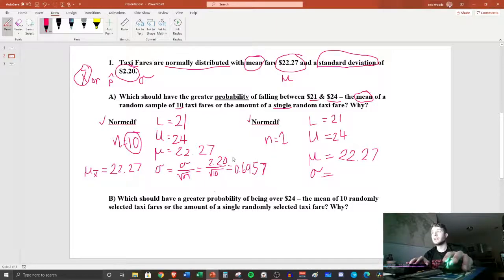Okay, so that's our standard deviation. So we have what we need for our calculations. We can type this in a normal CDF. Let's do the next one though, so we can do a good comparison. So we get 220